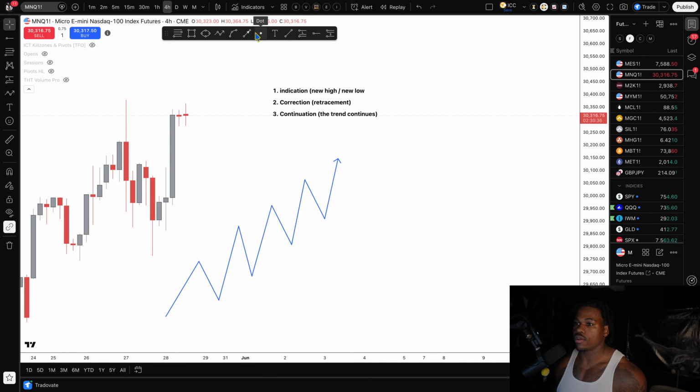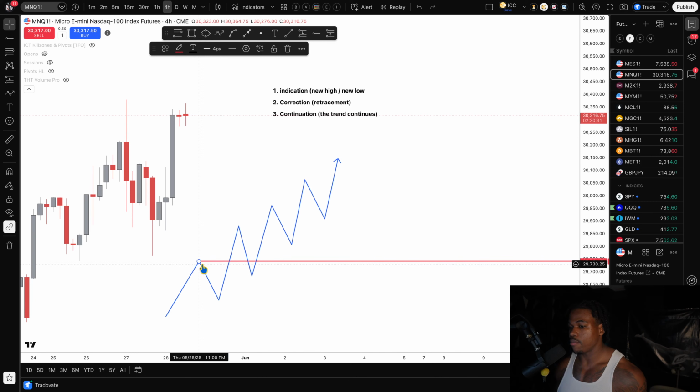The portion of it is, if this is my most recent high, right? Let's say this is all time highs. Price retraces for a correction, and then the trend continues. That's the C, and that's the C. When the trend continues, this is the new indication. So this is step one, makes a new high. All I want to see is price come down to this last high, this last level, and then continue up, right? And my trades always go with entries at that last high,